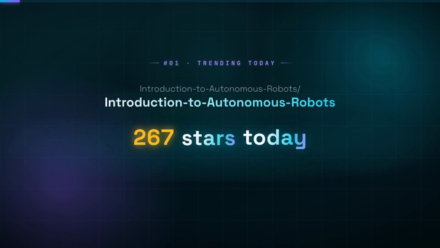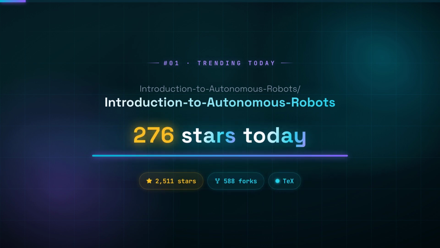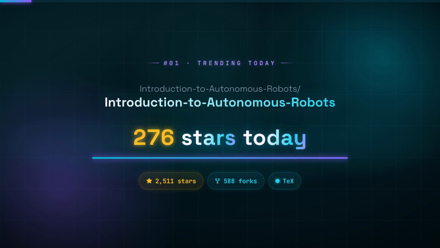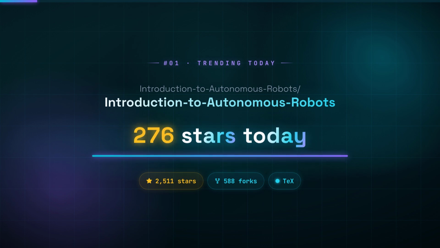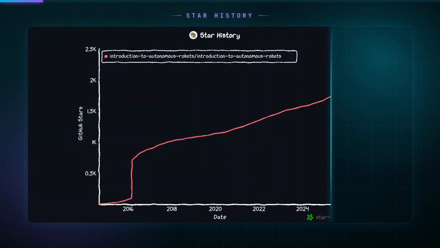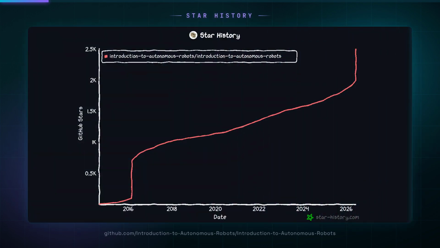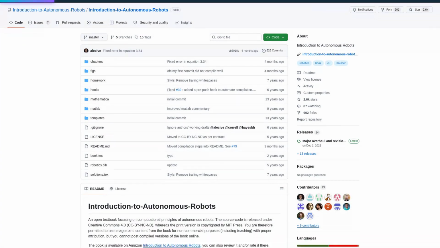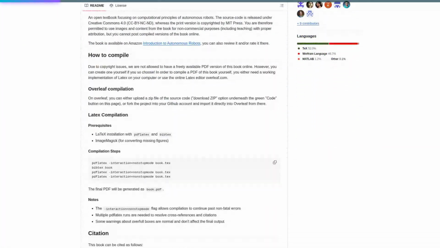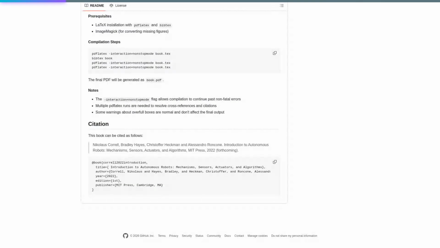Number 1. Introduction to Autonomous Robots. 276 stars today, 211 total. Introduction to Autonomous Robots is an open textbook published by MIT Press focusing on the computational principles of autonomous robots. The book covers mechanisms, sensors, actuators, and algorithms, and its full text source code is freely available under a CC BY-NC license. It is an excellent resource for students, researchers, and developers who want to understand the fundamentals of autonomous